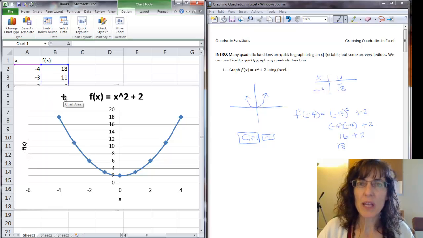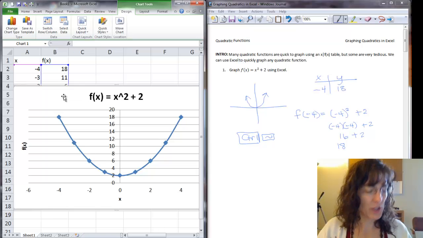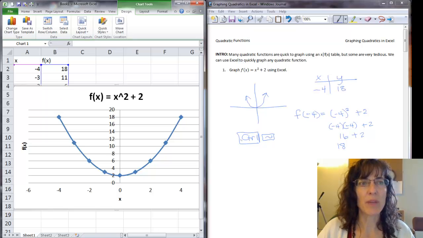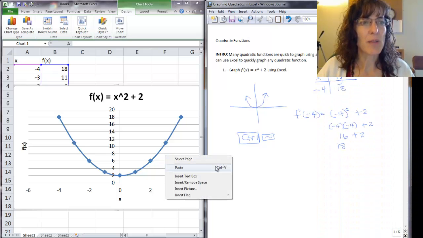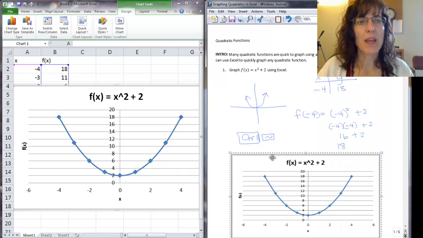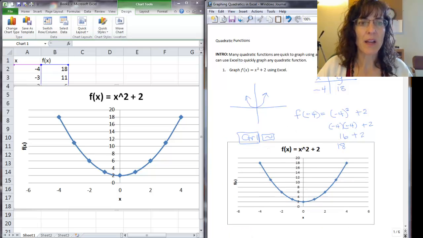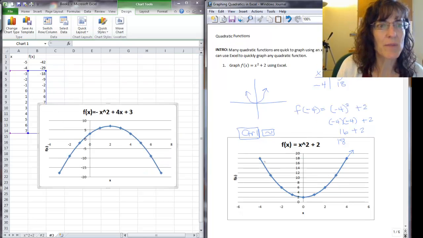Now when I want to put that onto my homework or print it or something like that, I can just click on the graph, the chart, and do Control-C for copy, and then come to the place I want to paste it and either say paste or Control-V, and it'll just put it right there in the file for me, and then I can print that off if it's a Word document or whatever. These graphs go on and on